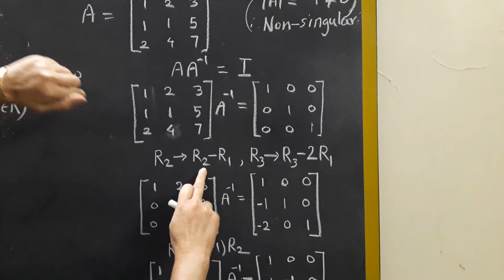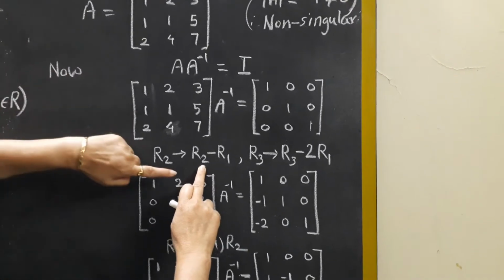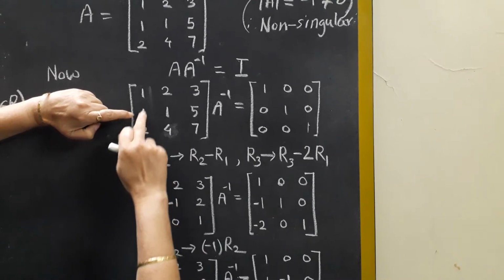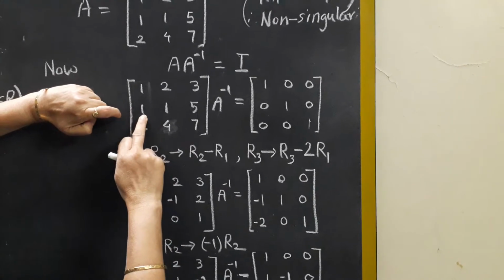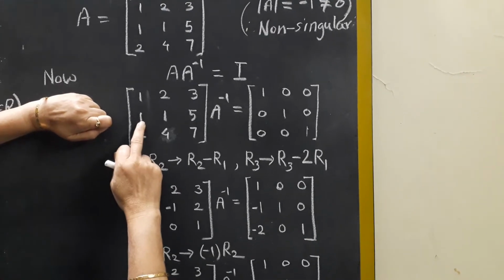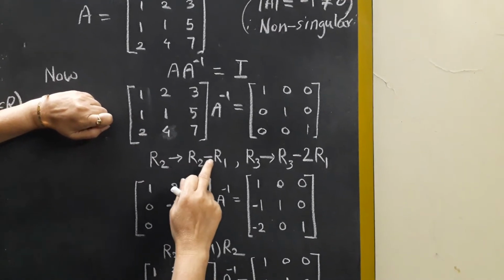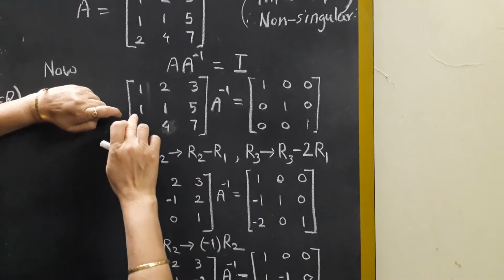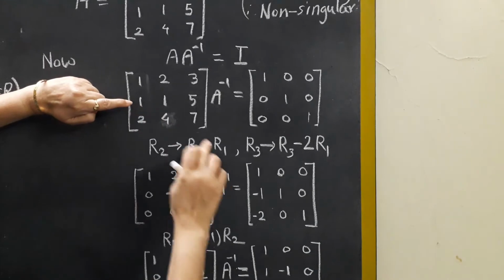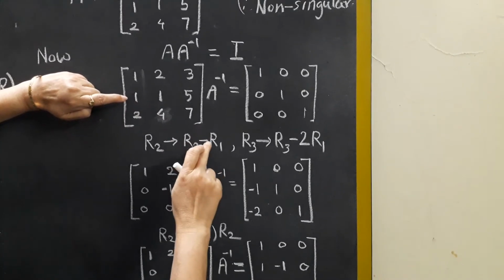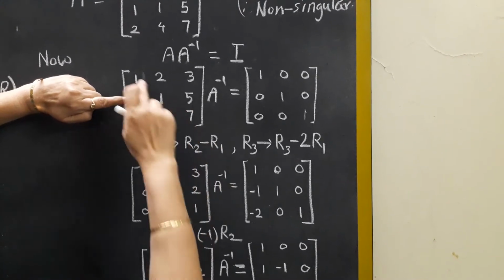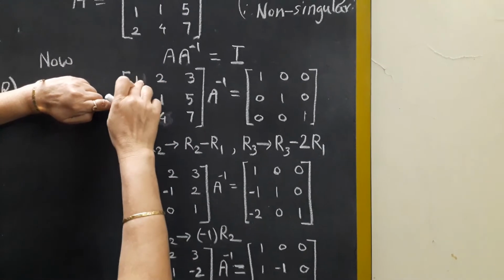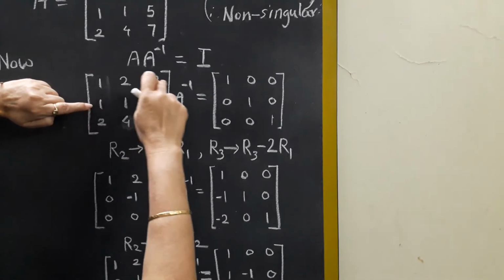as per the elementary transformation rule. So R2. Now what is this number? It is 1. What is the opposite of this number? It is -1. So we write -1 as the K. Do you get it? We are considering the opposite of this number, -1, as K times the 1 that is already there in the first column, in the first row.